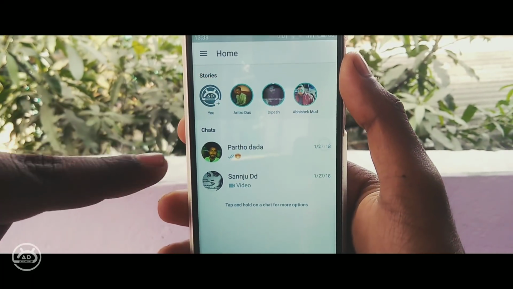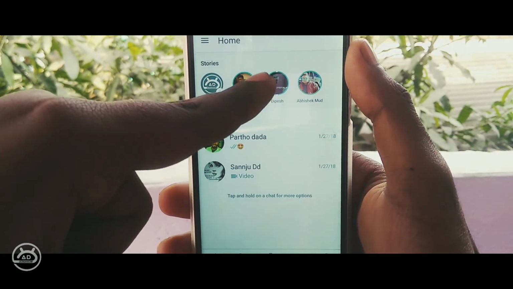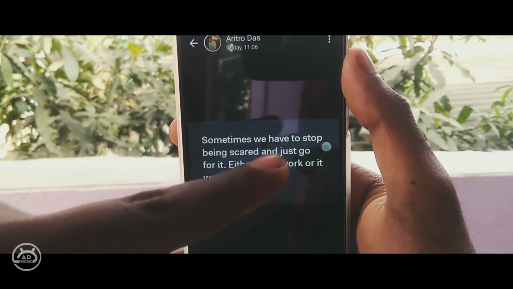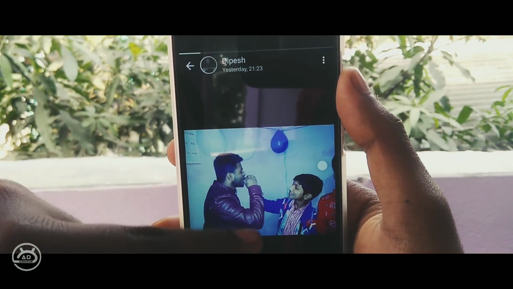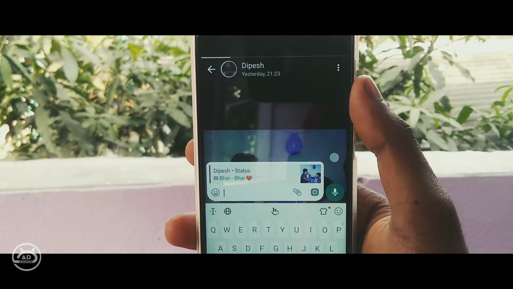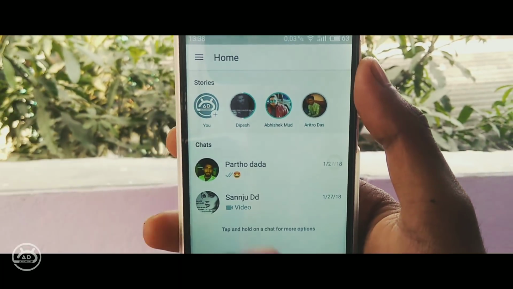the original WhatsApp. So now let's come to the application, and you will get the stories option at the top of this application, and you will get other options like call, camera, and settings at the bottom. And I do not think there is a need to tell more about the WhatsApp application because you already know